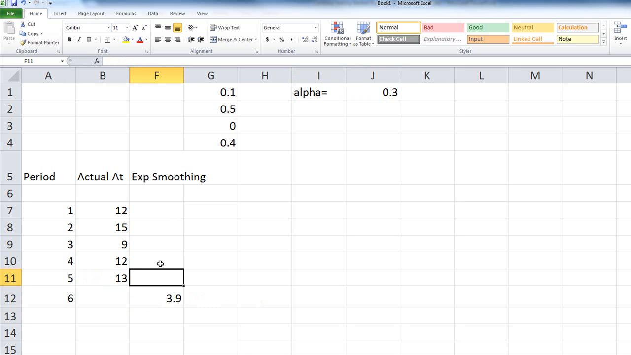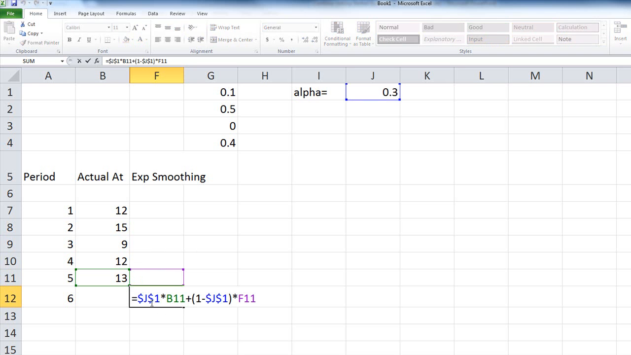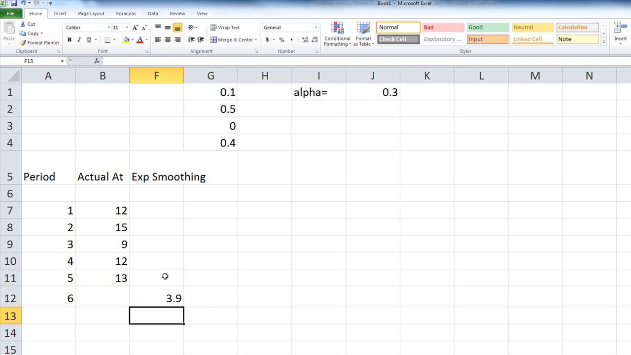How do you figure out this forecast? Well, it's the same formula. 0.3 times 12 plus 1 minus 0.3 times whatever forecast would have been. So look at the formula here. This is this times this plus 1 minus this number times forecasted value. Okay, so I'm just going to copy this formula all the way up here,